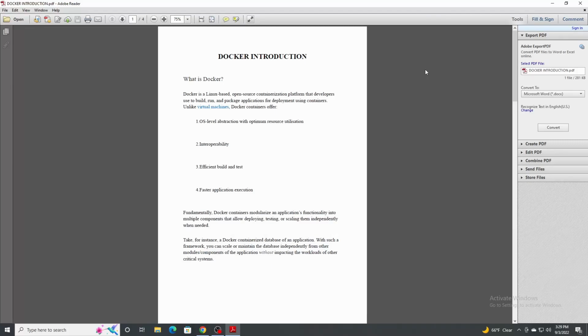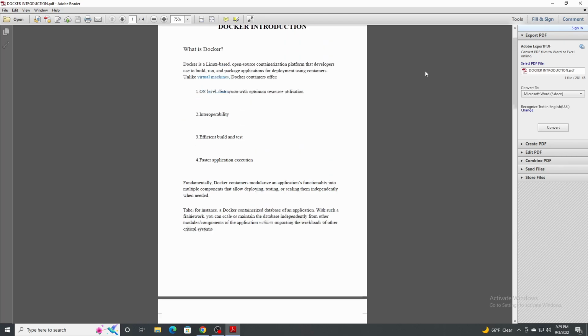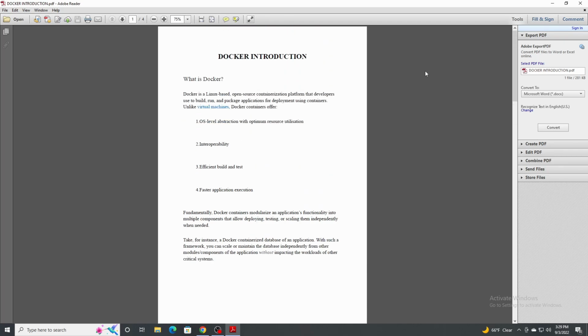Hello guys. So today we'll be learning what is meant by Docker and all the types of Docker and components of Docker's architecture. So let's begin by learning what is meant by Docker. Simply explaining, Docker is like a simple container management service. It is a Linux-based open source containerization platform, and